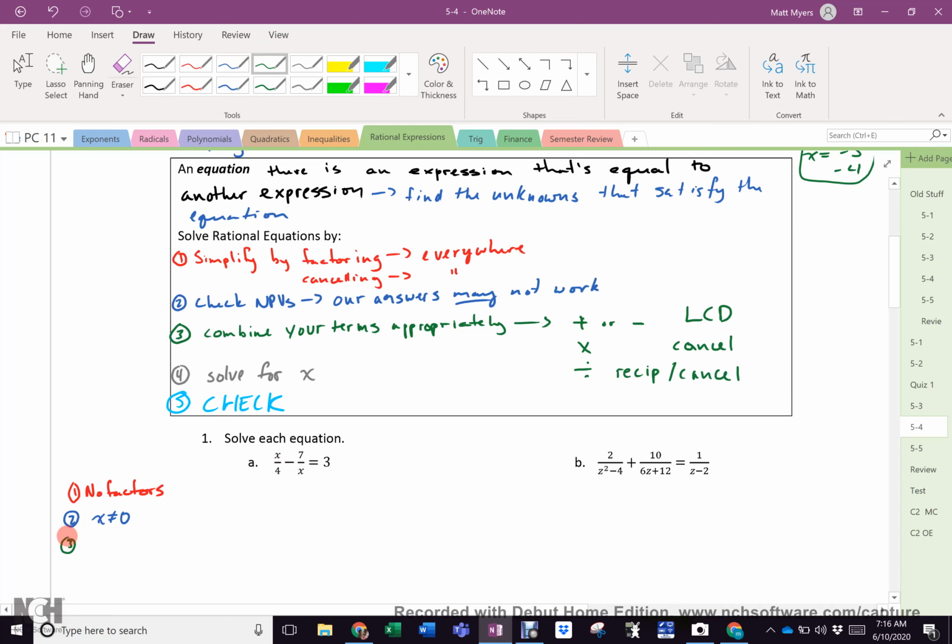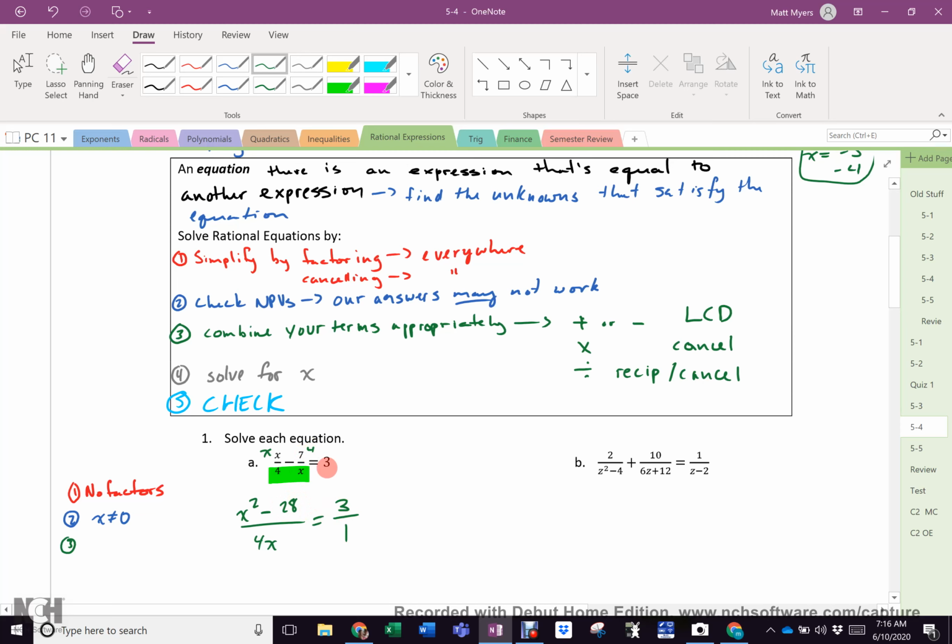Number 3, let's combine our terms. Since I am subtracting, I need a lowest common denominator. My lowest common denominator lives right there. So it's 4x. Now, this guy had a 4. Did he have an x? No. So I've got to multiply this guy by x. So now I've got x squared minus, this guy had the x, so he needs a 4. So that's 28 equals 3